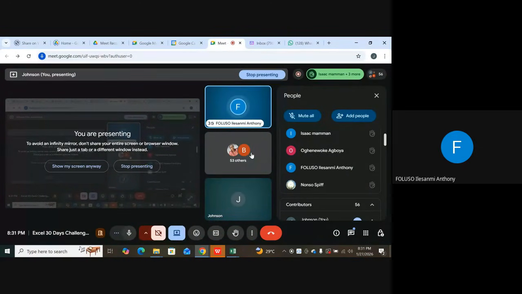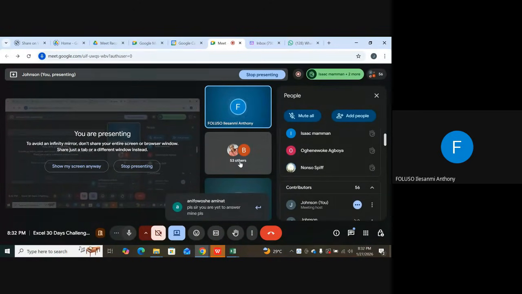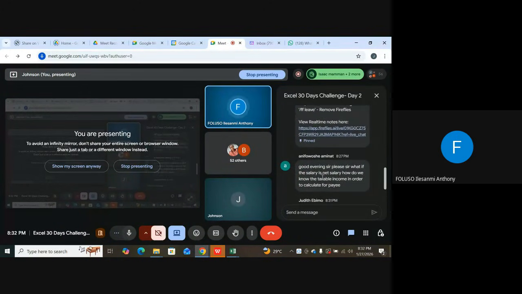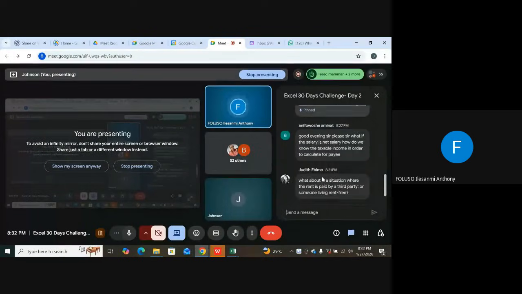I want to contribute on the rent relief. You have done well on the rent relief. Now, the issue of the rent relief, you will present concrete evidence, the evidence of the receipt, the address, and the information about your landlord need to be submitted to your employer. The tax authority will ask for that evidence. The reason is that the landlord has collected money from you. You can't collect money and keep it; you have to pay tax on it. So for them to do the follow-up on the